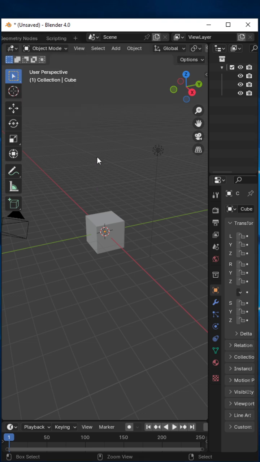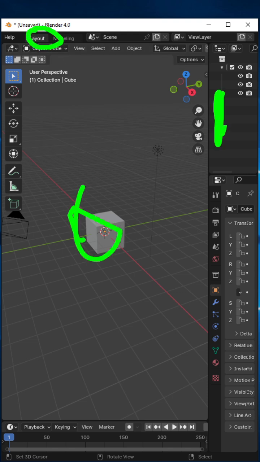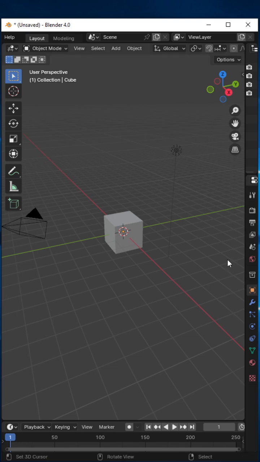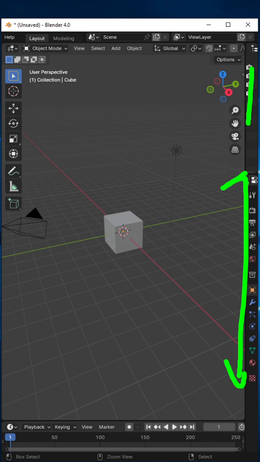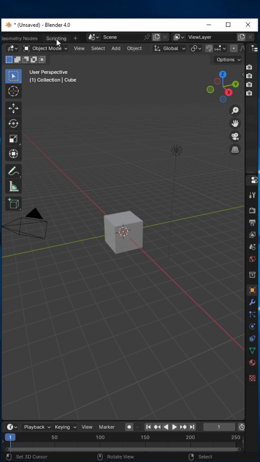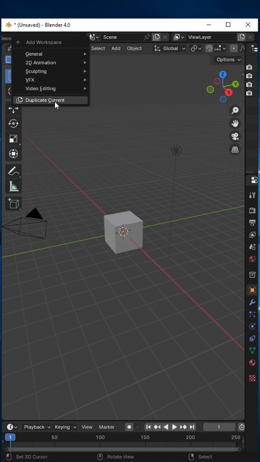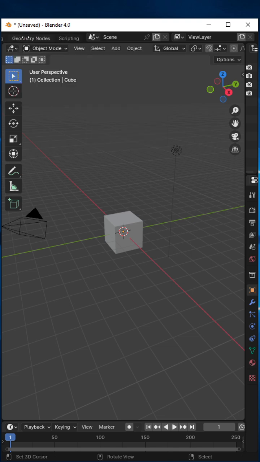I'm going to duplicate the current scene. So that's the default layout, which is called layout, which is the 3D view, the outliner, and the properties panel. But because we're limited on space and we don't want to have all of these confusing buttons down the side and all these icons, what we can do is just create a new layout. So duplicate current, that'll create a duplicate, there it is, layout. So double click, rename this